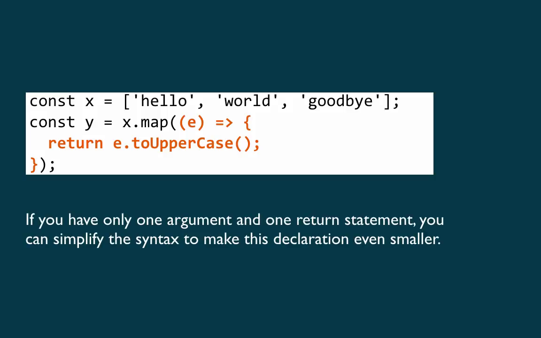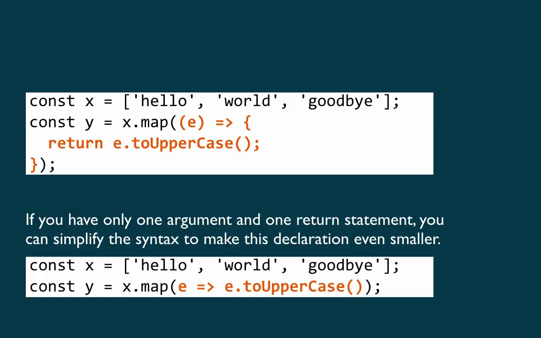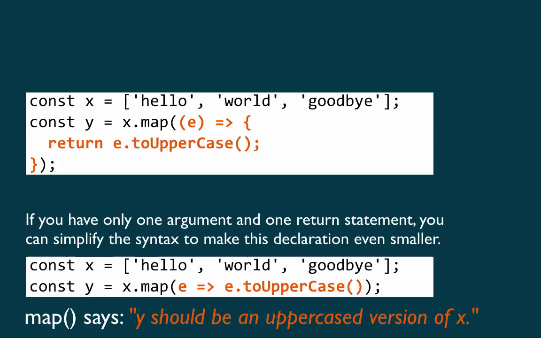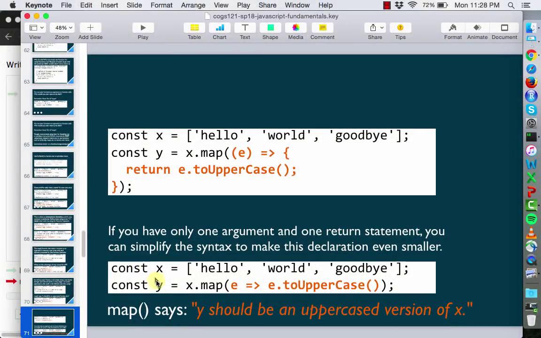But if you only have one argument, one return statement, you can get rid of the parentheses, get rid of the braces, get rid of the return statement, and this actually looks like a mapping, right? It actually looks like you take an e and you do an arrow to e dot toUpperCase. So the real final bit really does say y should be an uppercase version of x, right? If you read this out loud down here,